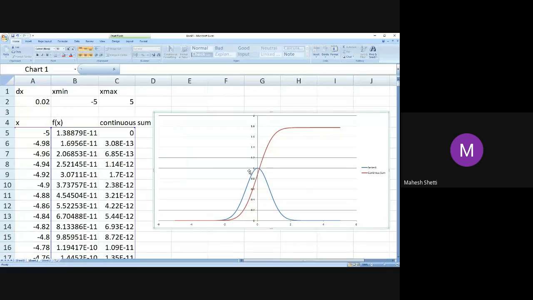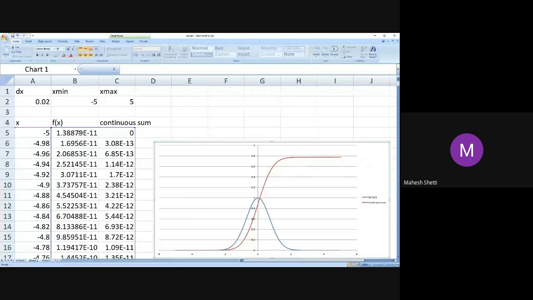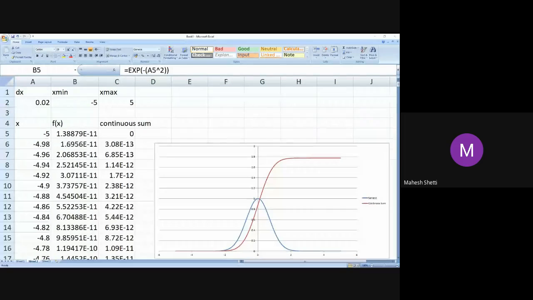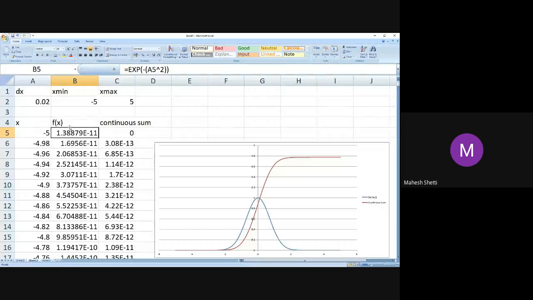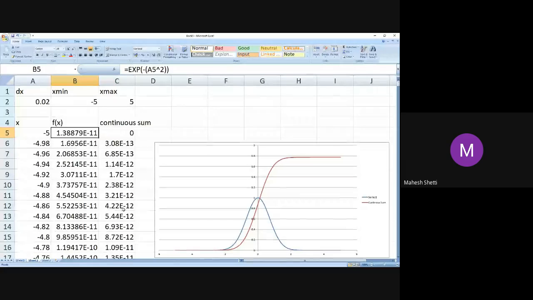So the total area under this curve, you can then calculate, will be somewhere around 1.8 or so. And when you divide this Gaussian function with certain factors like root of 2 pi and so on, basically what you are doing is you are trying to make the area under the curve 1. That is what we call a normalized function. So the idea of a normalized function is, with what number should I divide the function so that I get area under the curve as 1. That part also you can understand when you do these things.